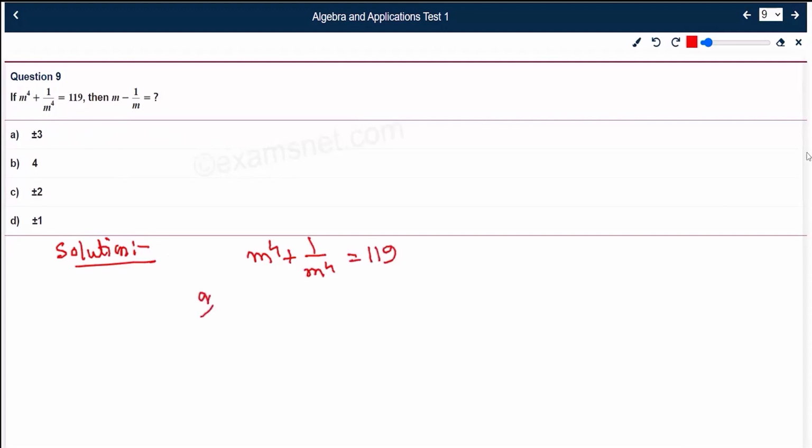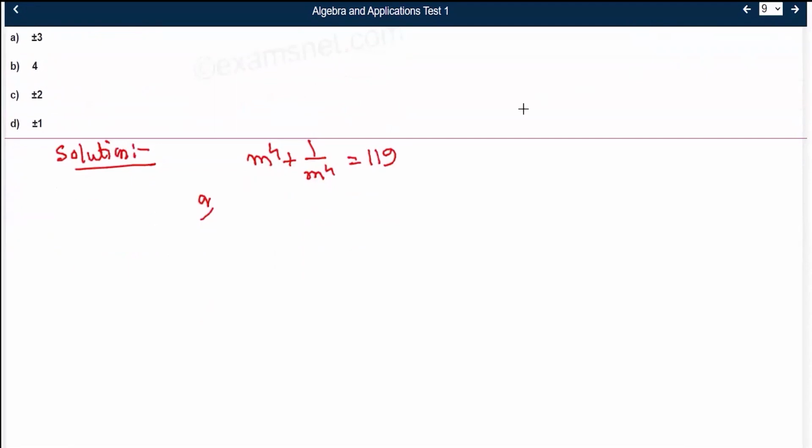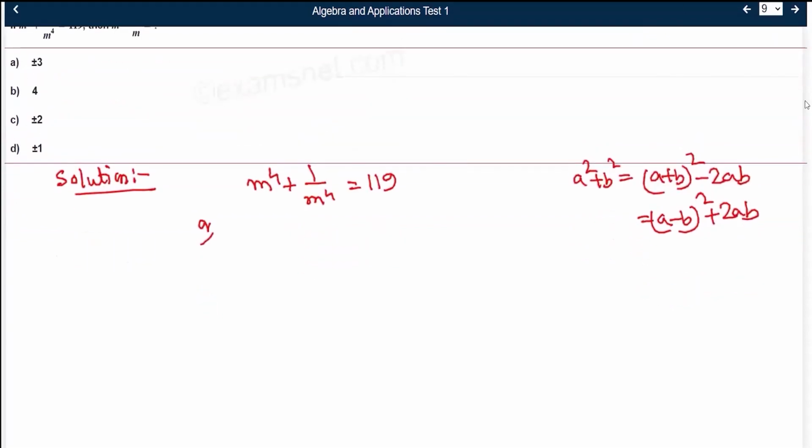To solve this sum, we need to know some important algebraic formulas. That is, first let me write a square plus b square, right? So it would result in a plus b whole square minus 2ab, or a minus b whole square plus 2ab. Okay, now which one are we going to use in this sum? First, we will use the